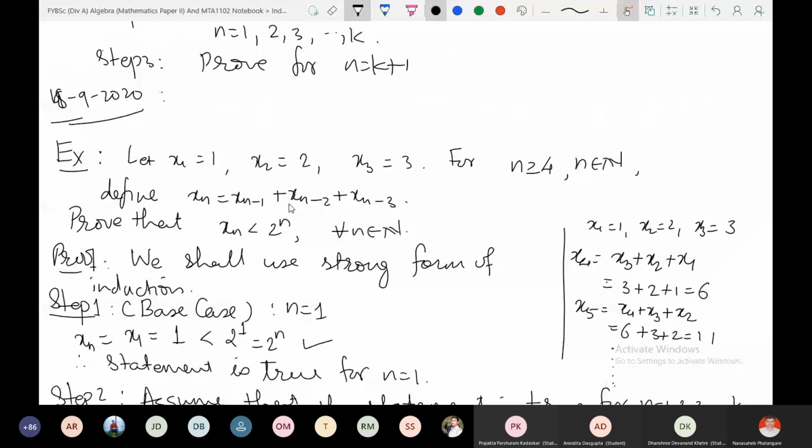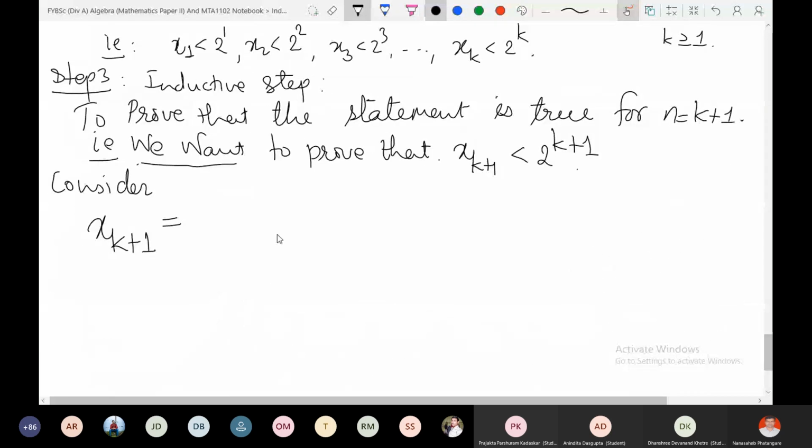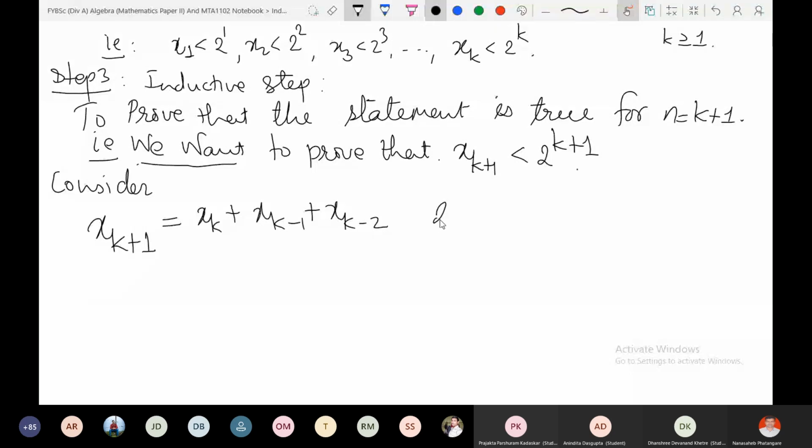the sum of the previous 3 numbers, right? So what should be xk plus 1 now? xk plus 1 is the sum of the previous ones, right? So xk plus xk minus 1 plus xk minus 2. Very good. Now, by the induction hypothesis, if I replace xk by 2 raised to k,